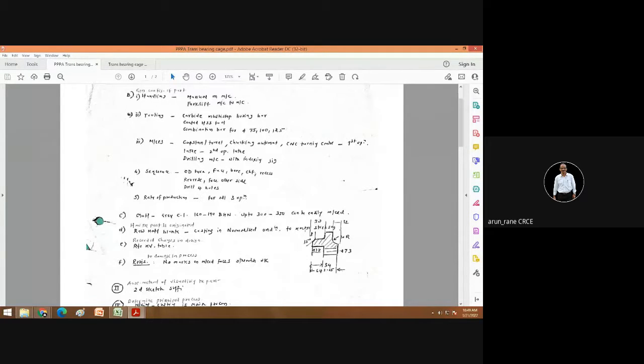Then if the hardness is still more, like the lead of pencils, grey cast iron, then that is measured in BHN, that is Brinell hardness number. If the material is still hard, then it is measured in Rockwell. In Rockwell again you have 3 scales, that is A, B, C, and scale C is most common.